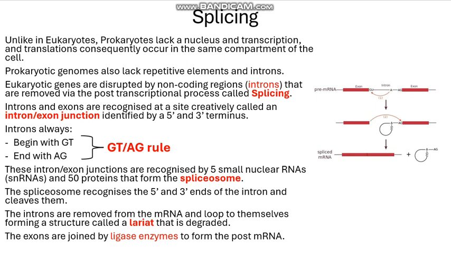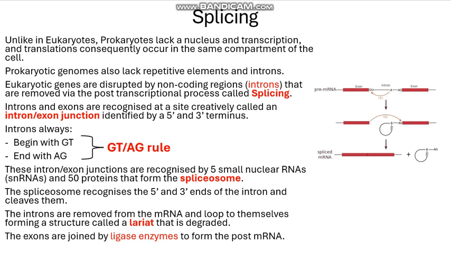Okay, in this one, we're going to talk a bit about the splicing of pre-mRNA, so that's just a transcribed gene, splicing it into post-mRNA, which can then be translated at a ribosome. And then we're going to talk about how mutations to a functional gene can result in Duchenne's muscular dystrophy, and